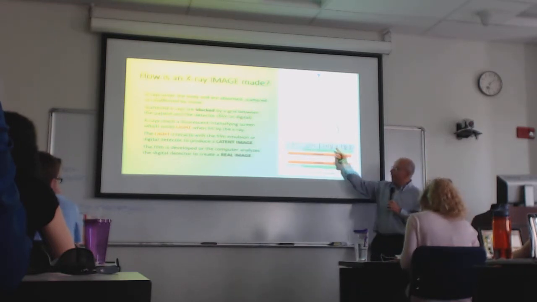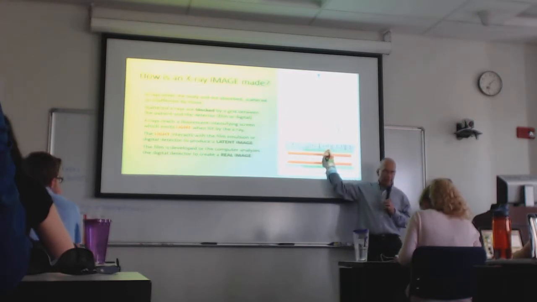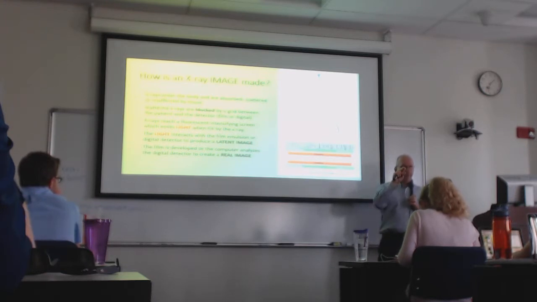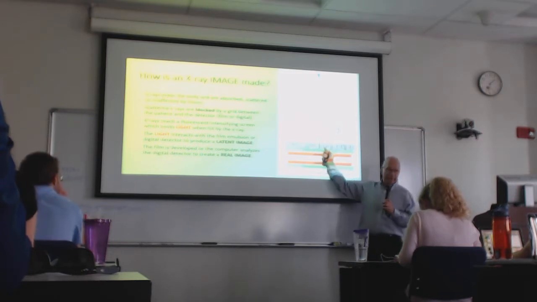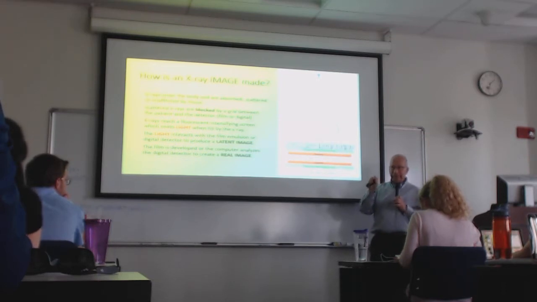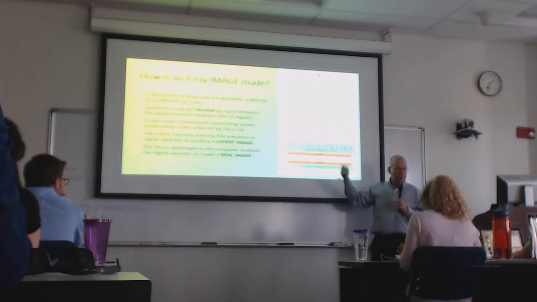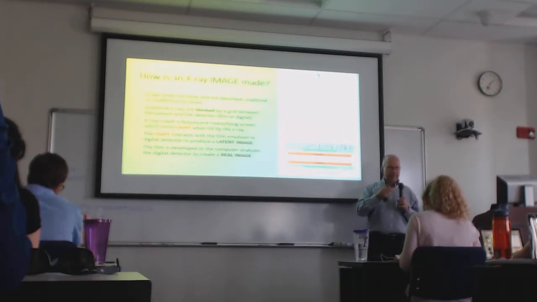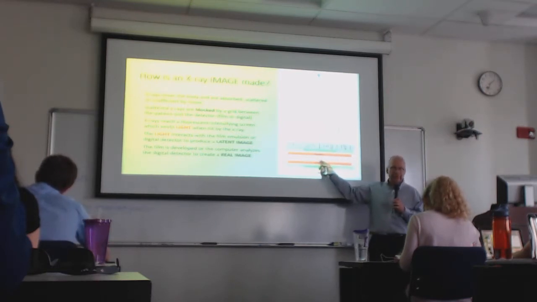So an X-ray that came flying straight through me with nothing would hit this intensifying screen, and it would cause a little burst of light. Now, something that went through my heart, which had lesser energy by the time it got to the fluorescent screen, would also produce a little burst of light, but it would be less bright. Okay? And it's all these little bursts of light that actually hit the film, just like when you open a camera lens, you take a picture, you've got light of different intensities hitting the film. Now you've got light of different intensities hitting the X-ray film.